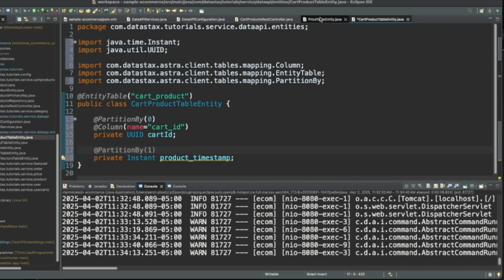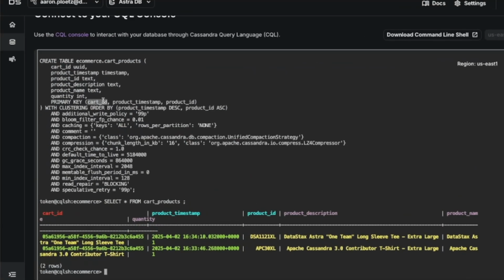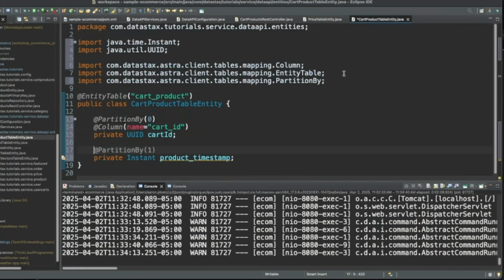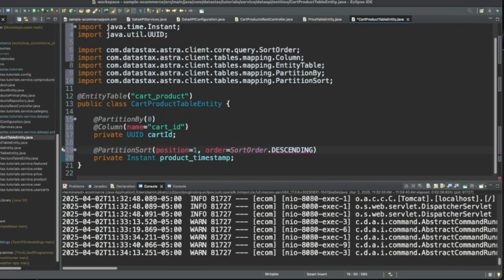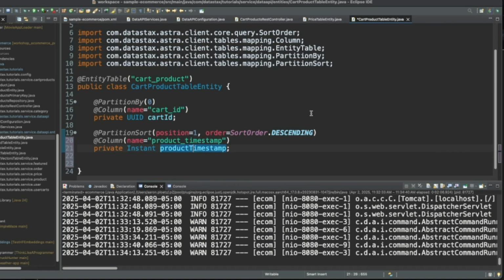And then here, let's do partition sort position 1, order ascending. Actually, it's going to be order descending for product timestamp. There we go. Order descending. Perfect. That's much better.